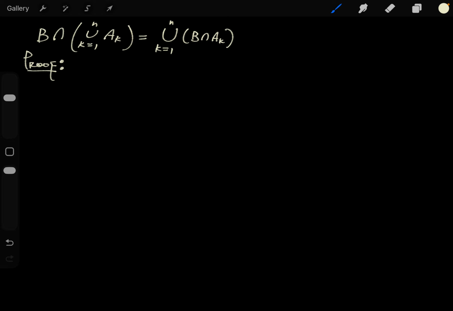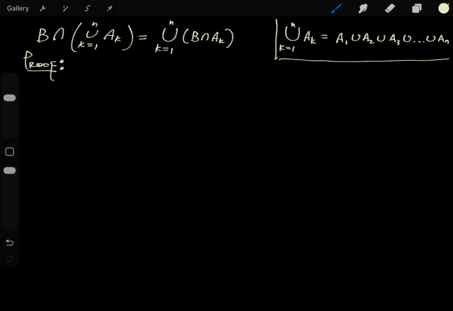Now, the first thing we want to know is that when it writes this union k from 1 to n of A_k, we want to get a definition of what this looks like. This looks like just A1 union A2 union A3, and there are just n sets here. You go down, okay? That's what this means, right? Just get a definition. So then similarly, on this right-hand side, if I write out the right-hand side set in full,